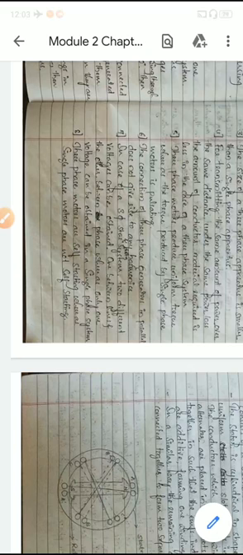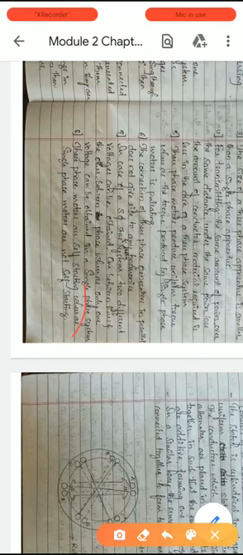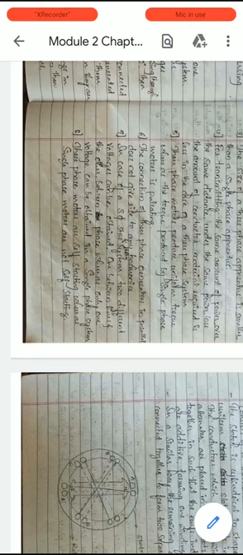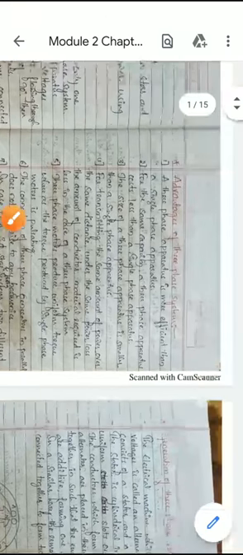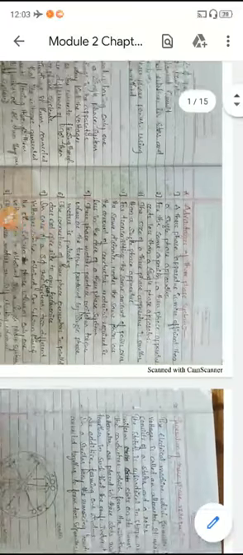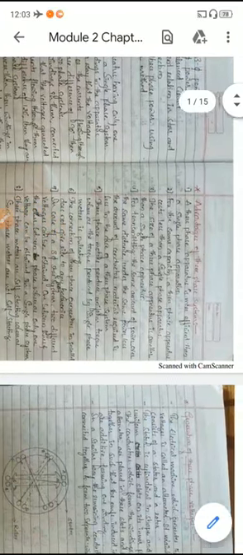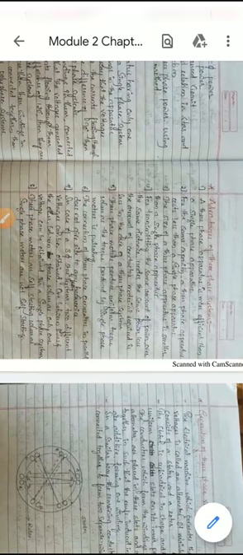Next, three-phase motors are self-starting, whereas single-phase motors are not self-starting and require an additional starter. So these are the advantages of a three-phase motor over a single-phase motor. In your examination they will ask you to explain the advantages of the three-phase system over the single-phase system. Therefore, you need to be perfect in at least 5 to 6 advantages out of 8, and based on the marks you need to write the answer.